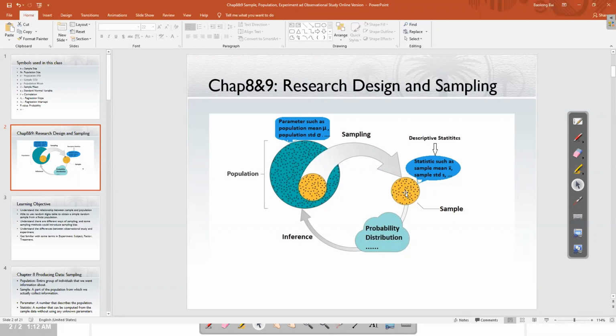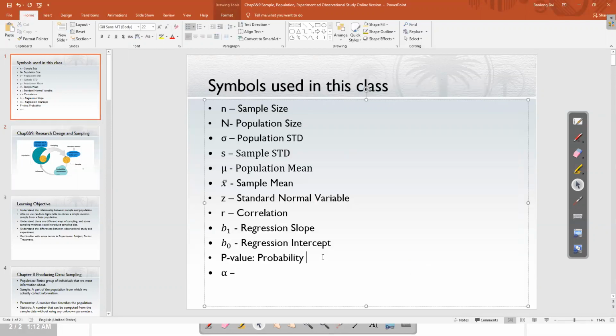So that p-value is how likely are you able to see the sample that you actually collected. So that's what the p-value is. So probability of observing a sample as extreme or more extreme than the sample being collected,